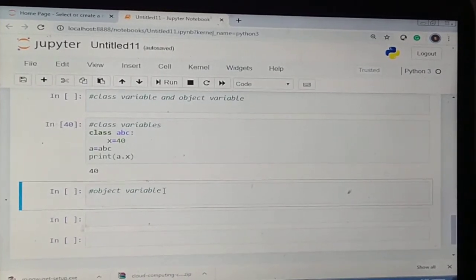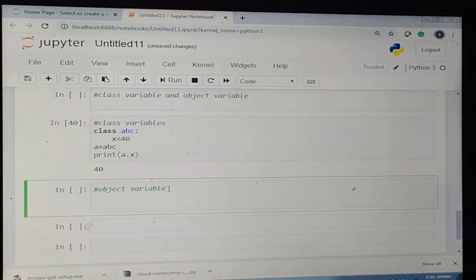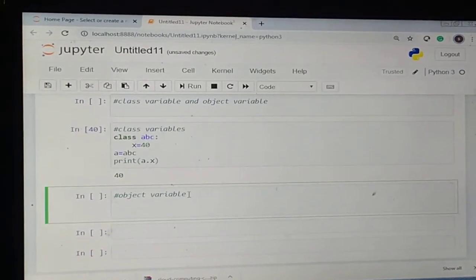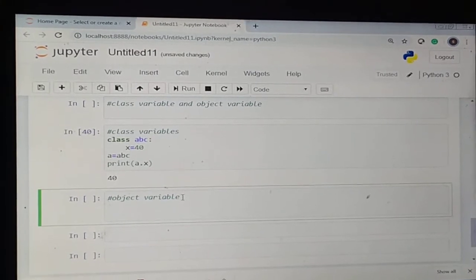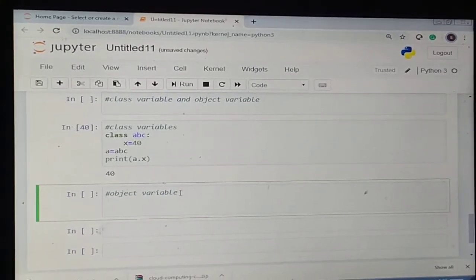So let's discuss separately what the object variables are. As I told you, the variables declared or defined inside the method are known as object variables.